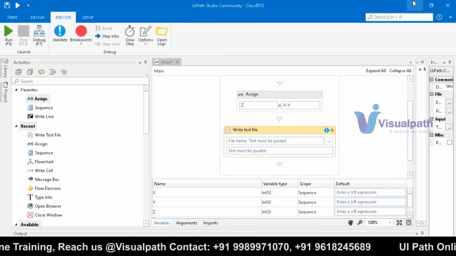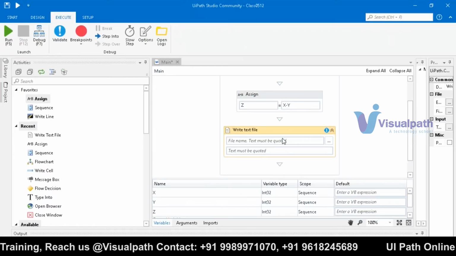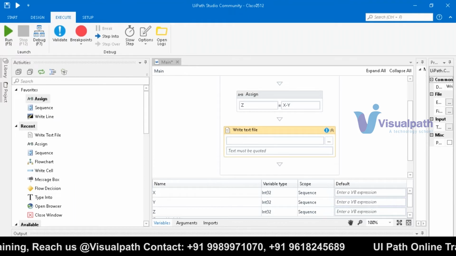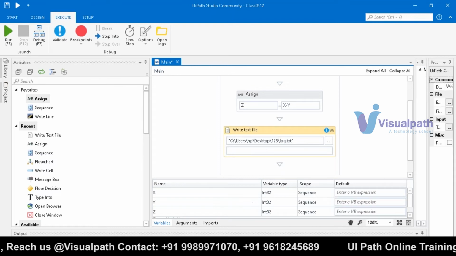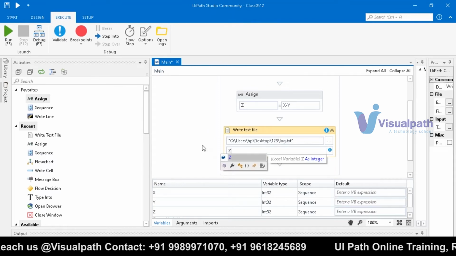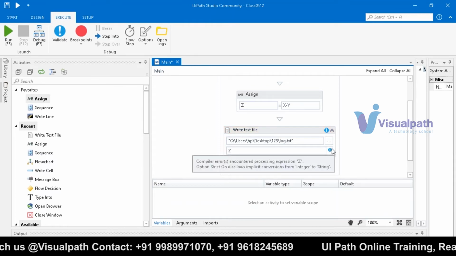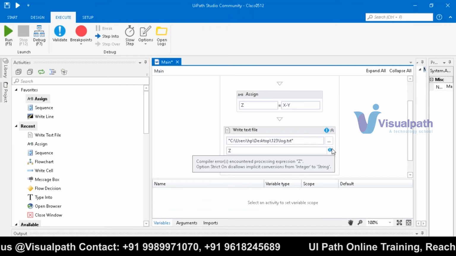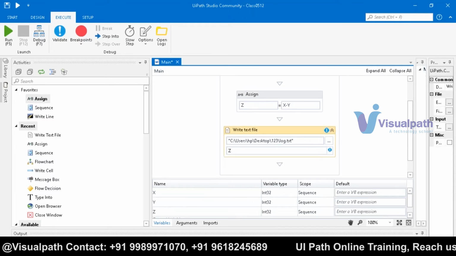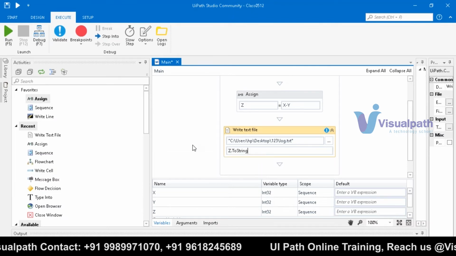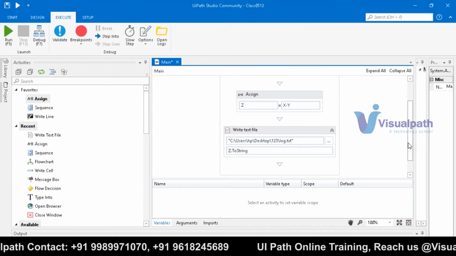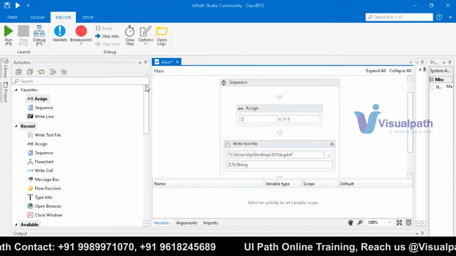This is my file name. And what is the text I want to write? The Z. Again, when you type Z, you will get an error saying only string should be written, not the int. So you should use .toString. But when I execute this,